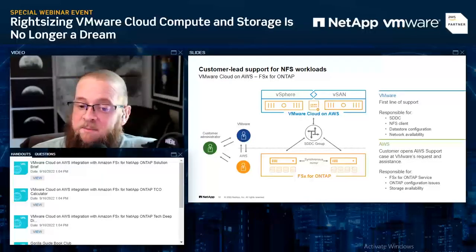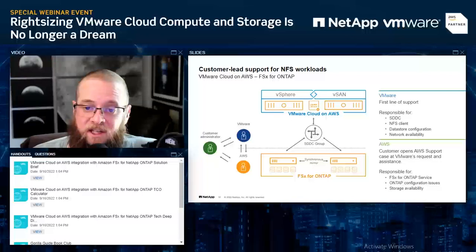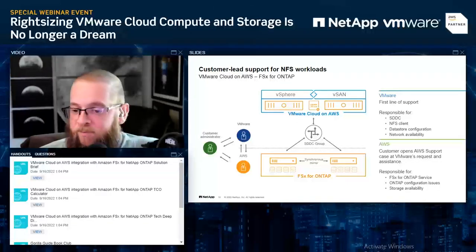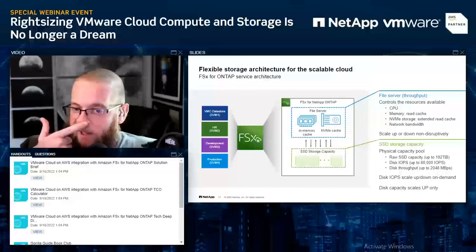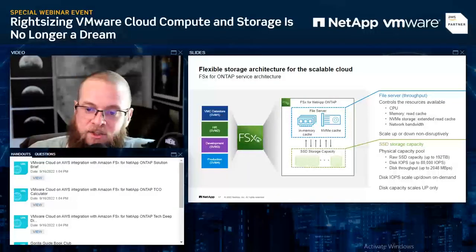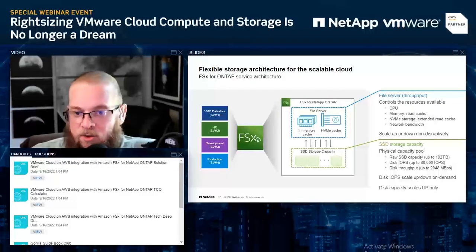But at the same time, with that split comes this great power to be able to connect these two services and then leverage some of those enhanced data management functionality that we just don't have in native vSphere today. Now, one of the things that we kind of like about how Amazon has built this service is it's outcome focused. So if we take a look at how you actually configure, procure, and control a FSx file system inside